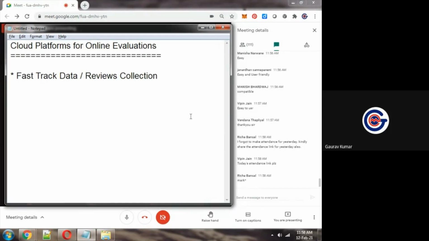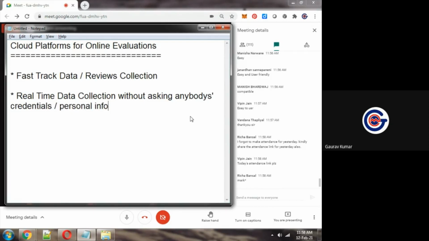You need fast track, real-time data collection, without asking anybody's credentials or personal information.